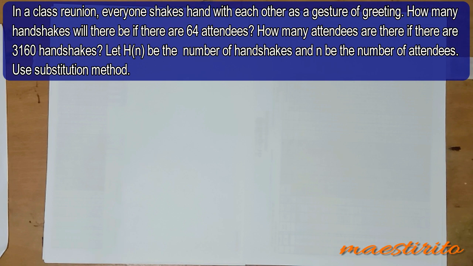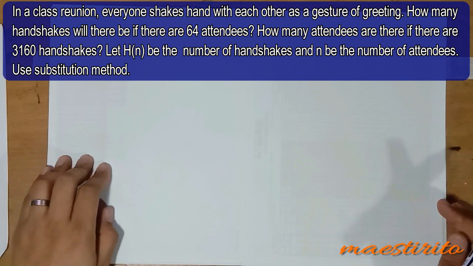Okay, so again, the problem is about a class reunion where everyone shakes hands with each other as a gesture of greeting. So if there will be 64 attendees or 64 persons in the class reunion, how many handshakes will there be? And then the other problem is if there are 3,160 handshakes, how many persons were there? Okay. So by constructing a table of values,